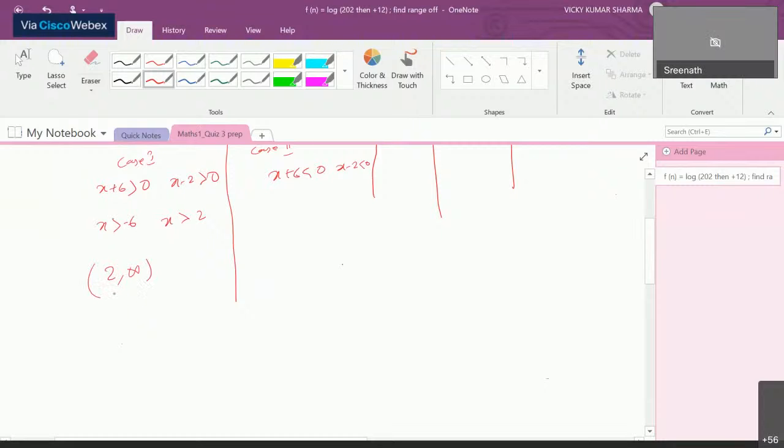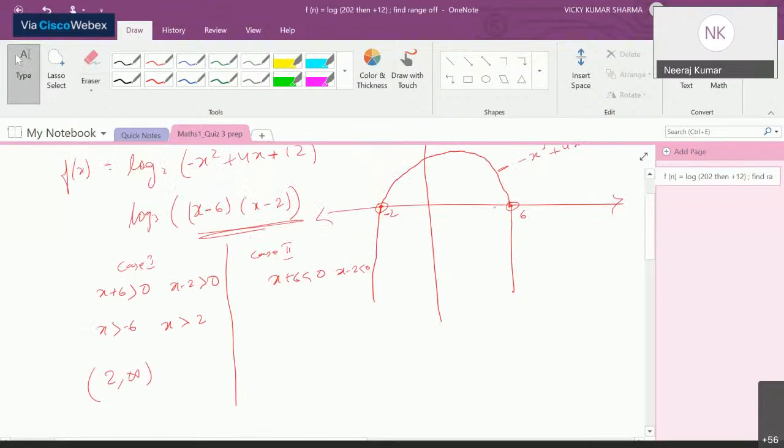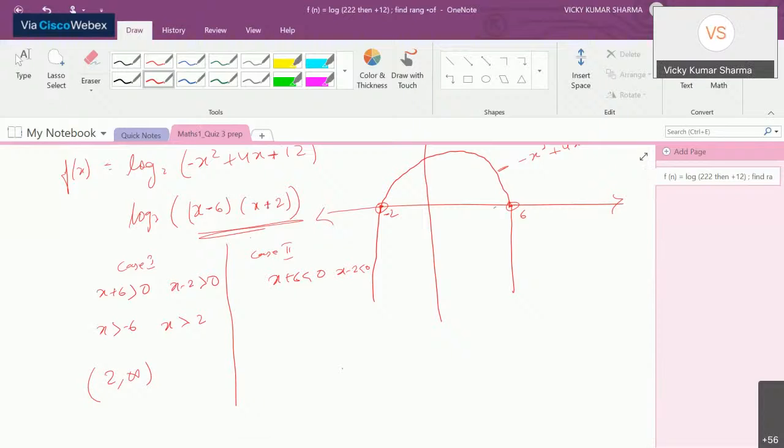Sir, sorry to interrupt. Instead of doing this particular thing, why are we not just focusing on the range of this quadratic function? The range of this function will become the domain of this log function, correct? If we calculate the vertex of this quadratic function, we'll come to know the range, and this is what we need to consider for the log function. Is that the right approach? Sorry, could you repeat again? I just missed the track. Sure, if we consider the range of this quadratic function,